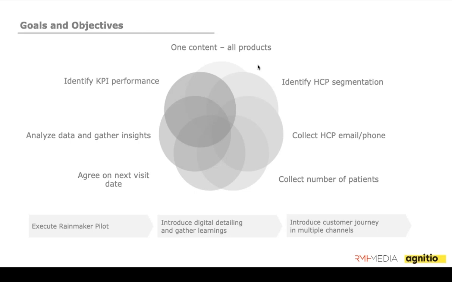The strategy was to create a customer journey involving multiple channels to deliver the content to the HCP. This would give them insights and learnings using digital sales channels and would define future project KPIs. The client specifically had the following objectives: to be able to present all wound management products and related discussion topics